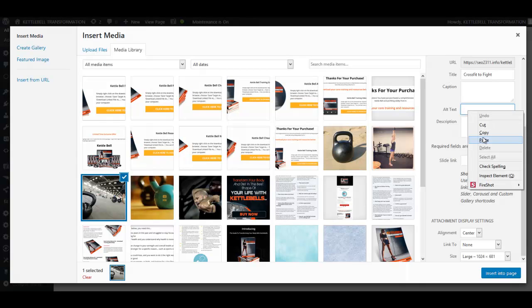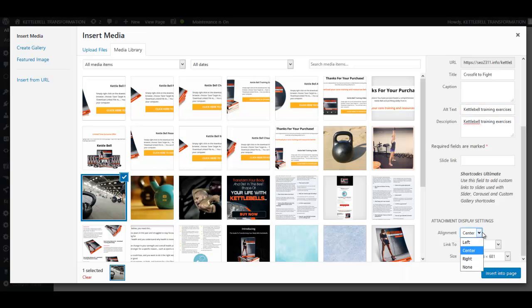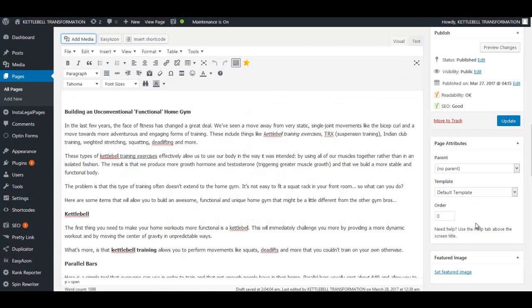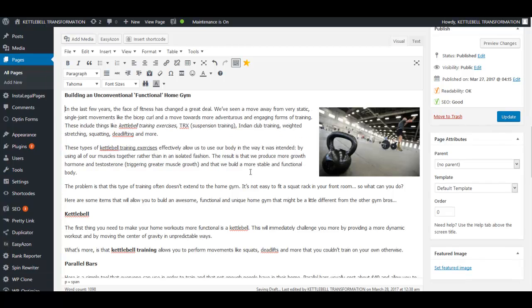We're going to paste in our keyword phrase in the alt text. Now you can put it in a description too, but usually you can just paste that there. You want to make sure the alt text is your keyword phrase when you're putting an image in. So we're going to come down here and align it to the right,